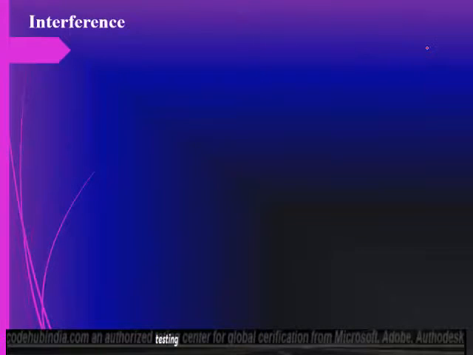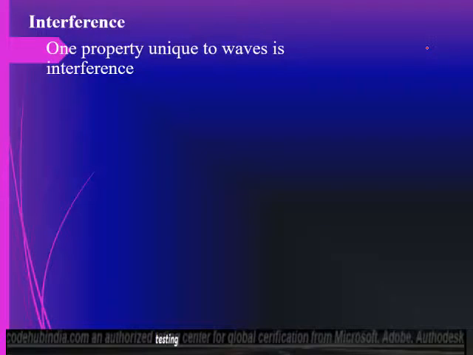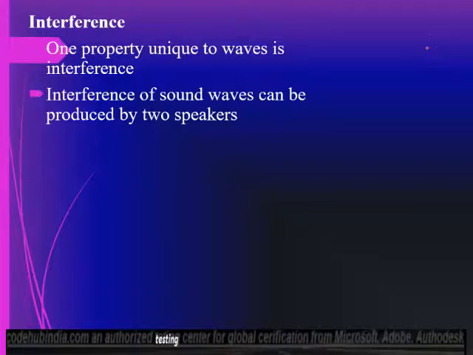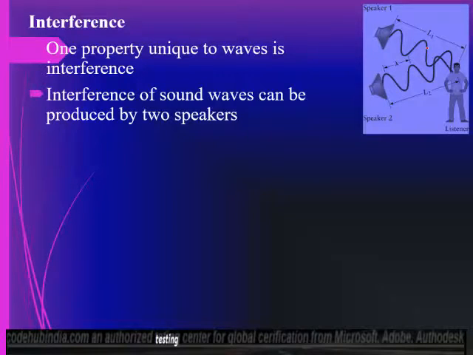So, by interference, one property unique to waves is that interference of sound waves can be produced by speakers. The sound wave is obstructed by different layers, barriers. So if there are three speakers at distances L1, L2, with the wavelength, constructive interference